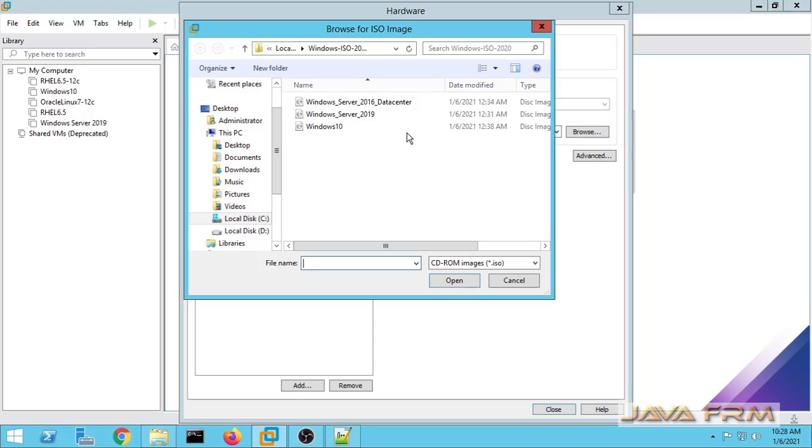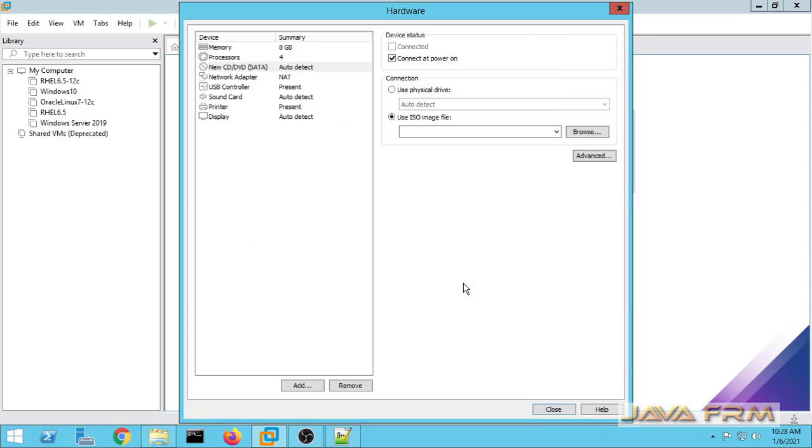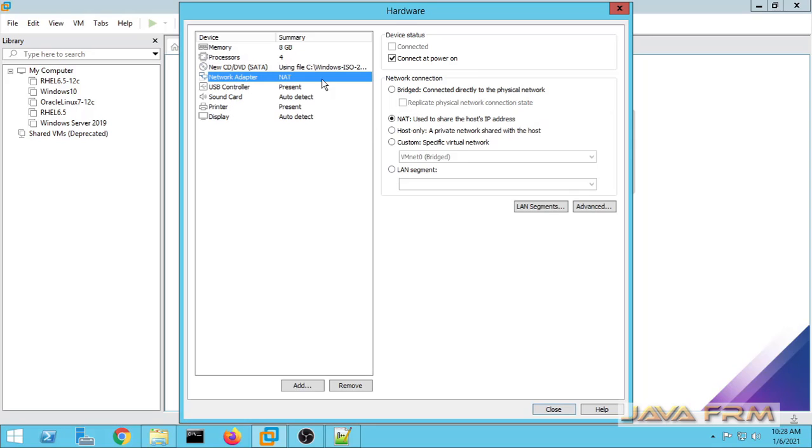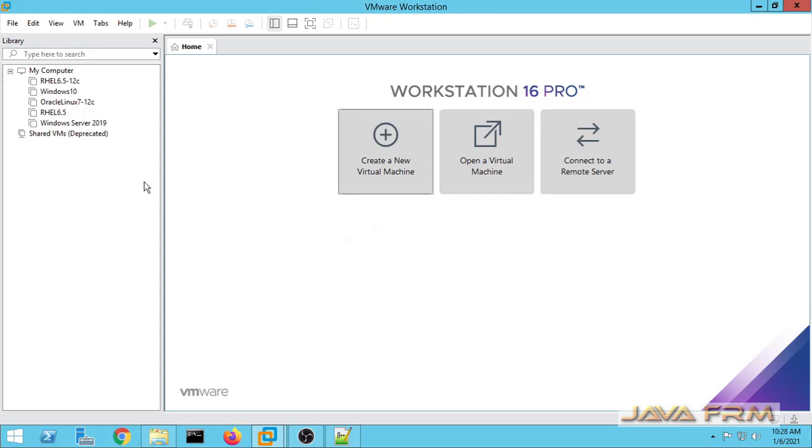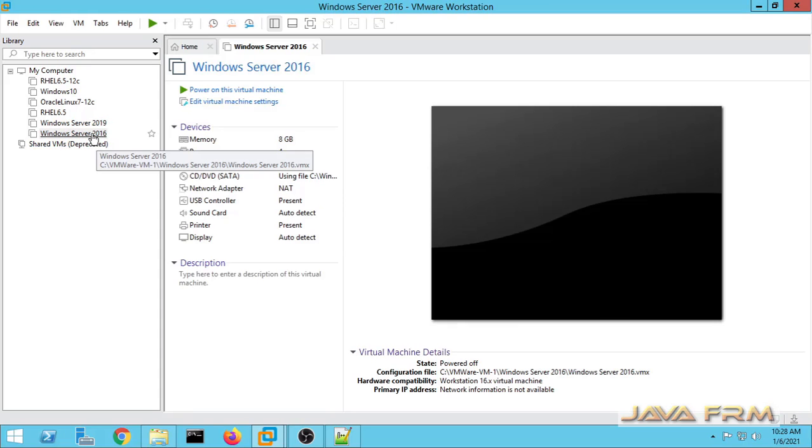And once again I am choosing Windows Server 2016 for DVD. So next the network adapter will be NAT, so that it will be connected to the internet. If there are any updates, they will be downloaded and installed automatically. So this is the summary of the Windows Server 2016 settings. So now let us start